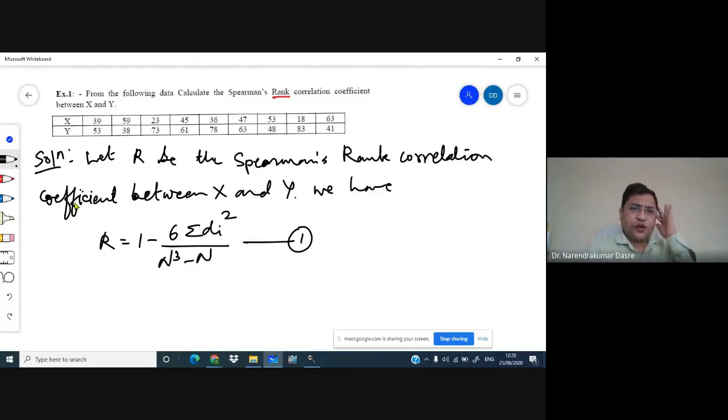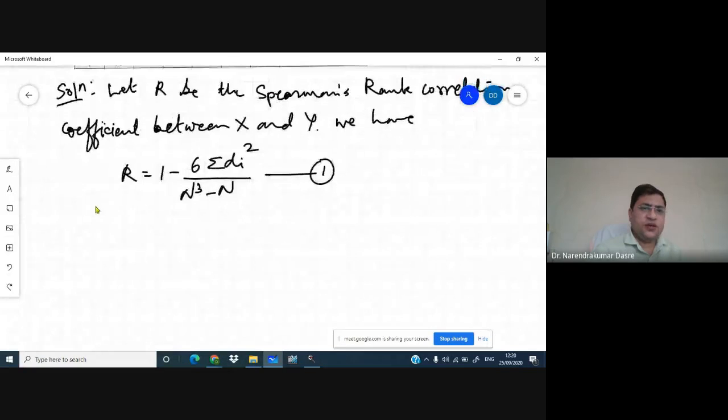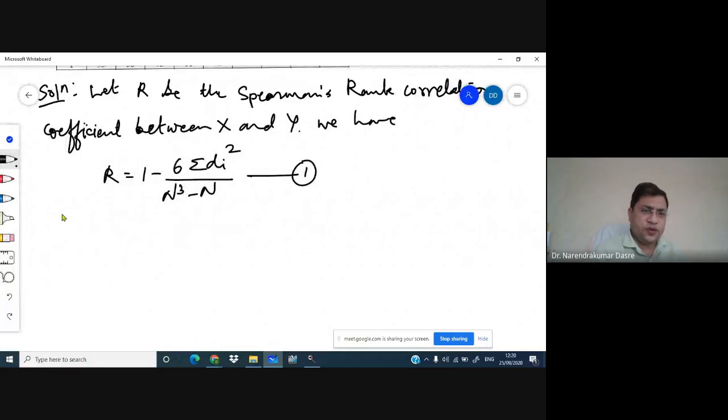Let this be equation 1, this is the formula that we have. Now for this we need to write what these terms are, where